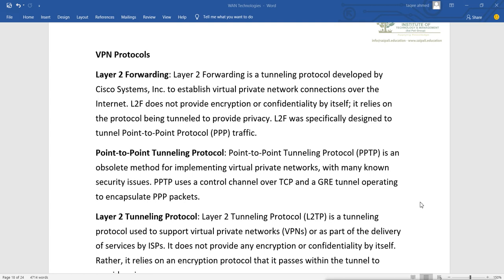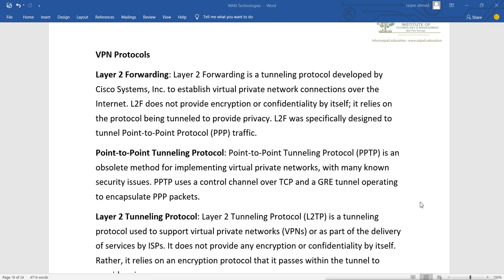Then point-to-point tunneling protocol, that means PPTP, is an obsolete method for implementing virtual private networks with many known security issues. PPTP uses a control channel over TCP and a GRE tunnel to encapsulate the PPP packets.